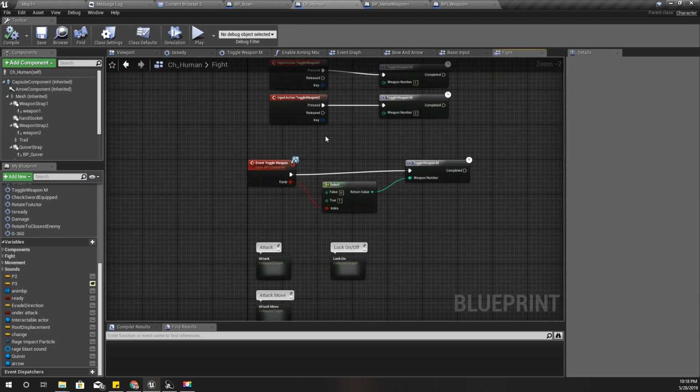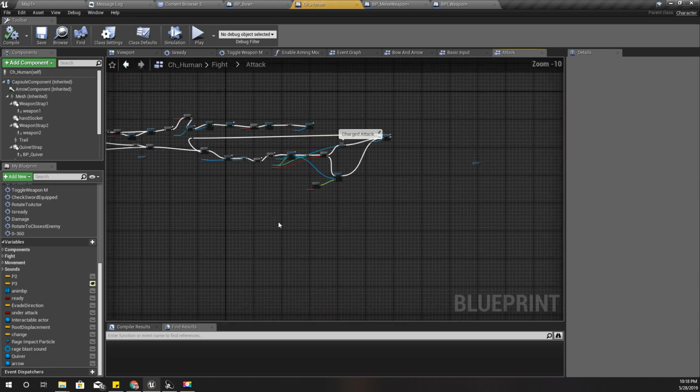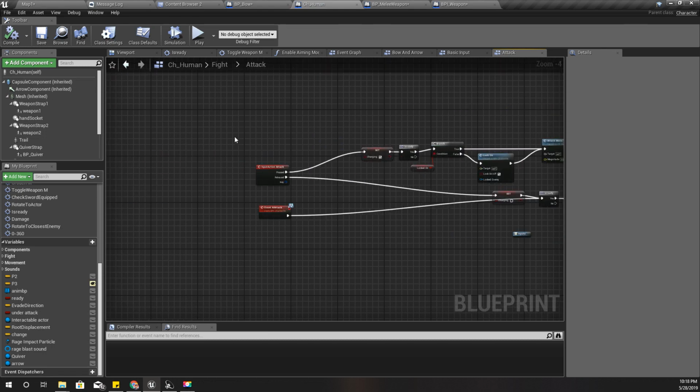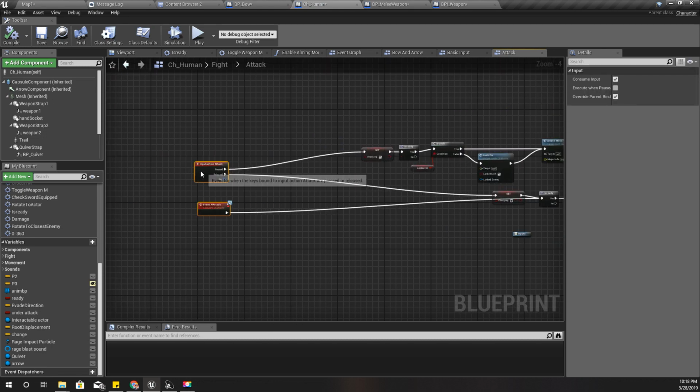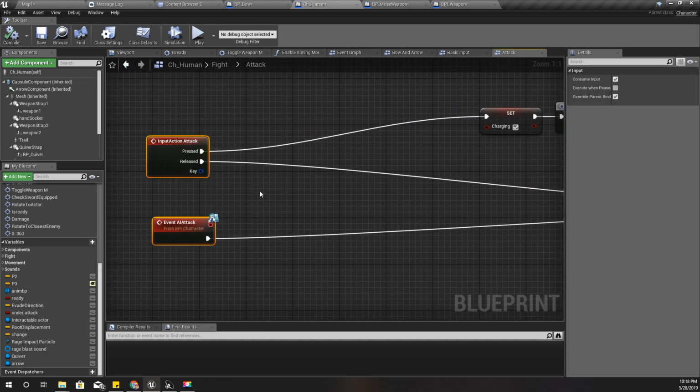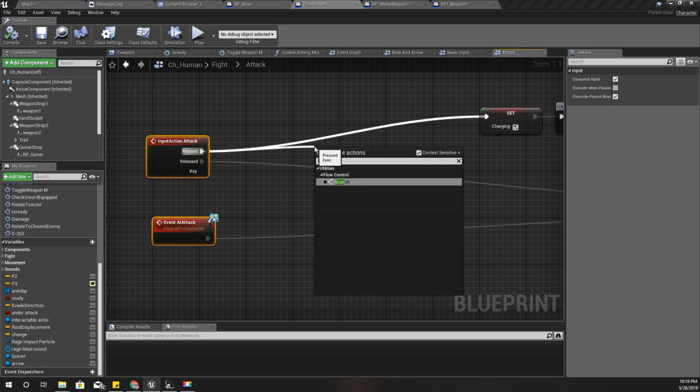So I'm going to use that inside this attack input action, because I'm going to use the same attack button, that means left mouse click, for the arrow shooting as well. Just like for normal attacks, when I am equipped with the bow, when I press left mouse button, I will shoot arrows. So here I'll do a branch